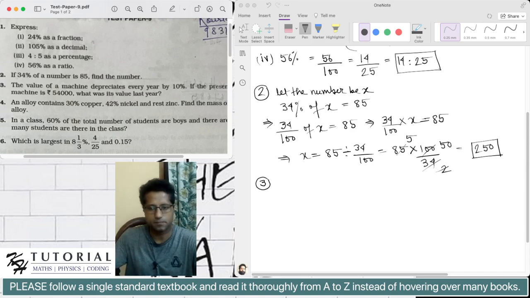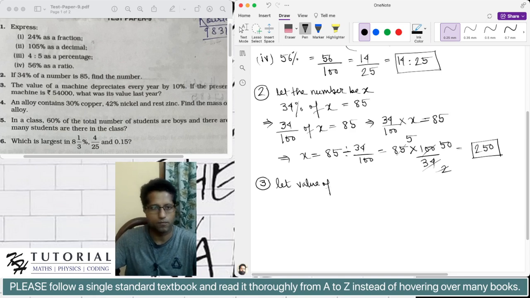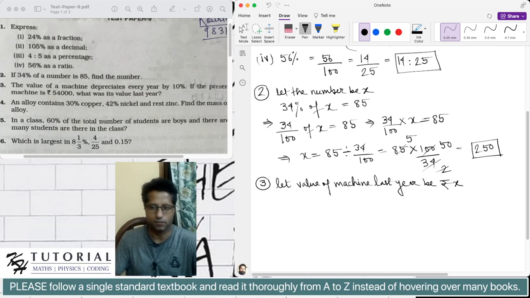So let the value of the machine last year be rupees x. We are assuming the value of the machine last year to be x. Now it says that the value of a machine depreciates every year by 10%. So this implies